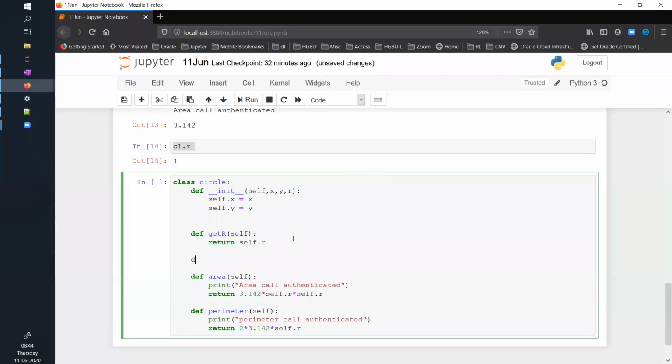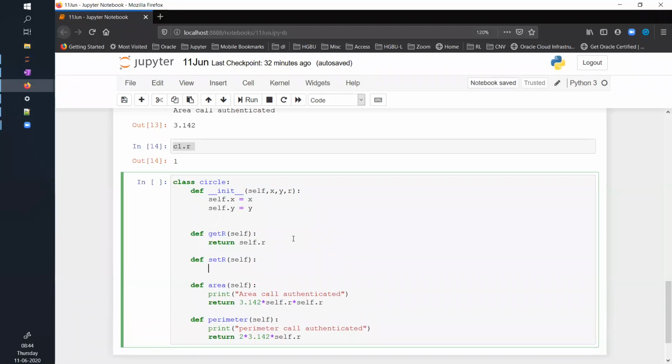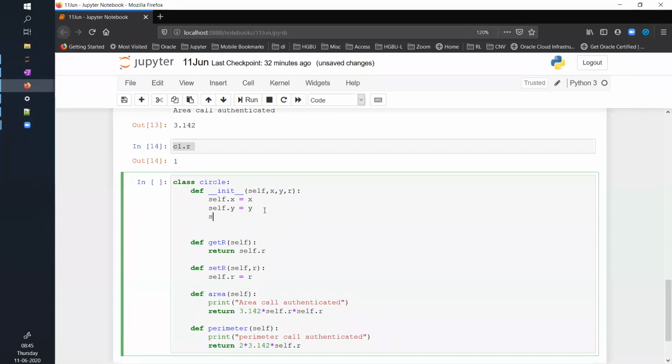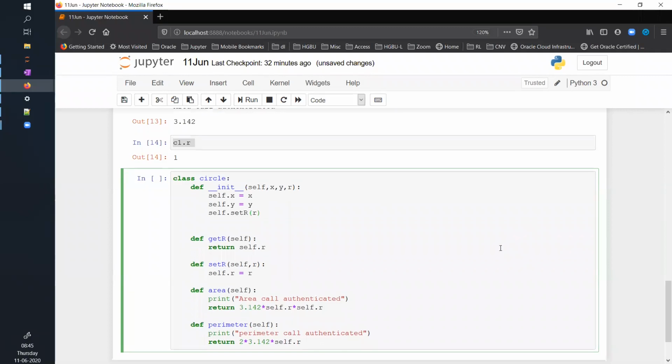And one more function, def set_r(self), which will take one more parameter r because I'm setting the value, and here I will say self.r = r. And now here I'm going to say self.set_r(r), giving the value r over here.